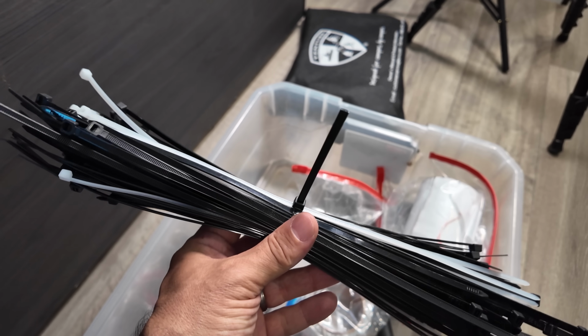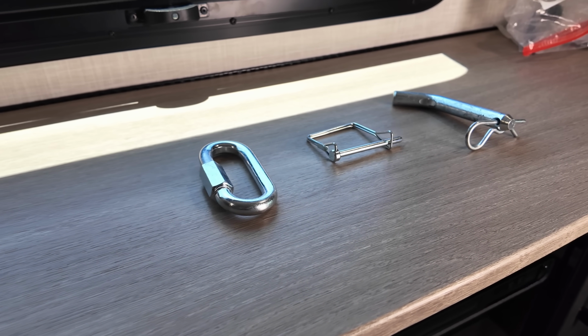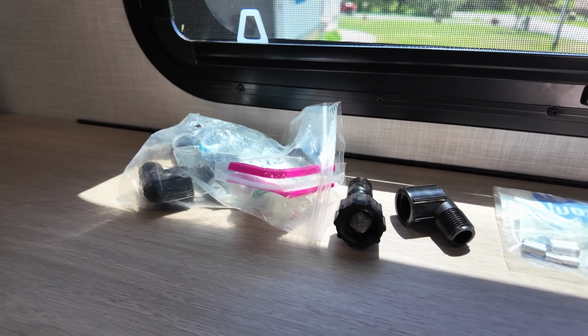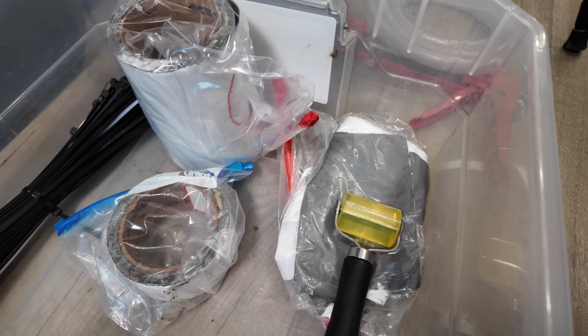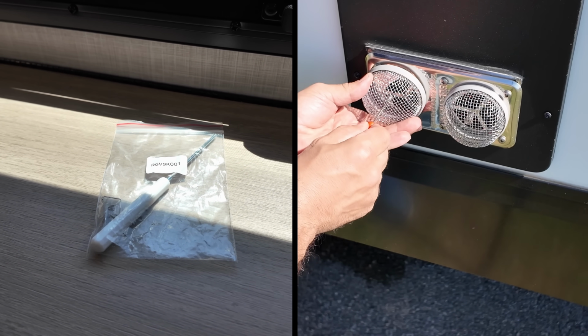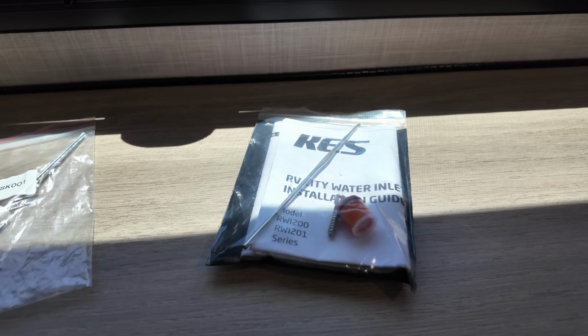in here too. In case things outside grow legs, I have one additional quick link, a coupler lock, and a hitch pin, some extra plumbing fittings, cable crimps, some scrap Eternabond, and a roller if a branch tears my roof membrane, the tool for the bug screen I have on my furnace, an extra check valve that came with the